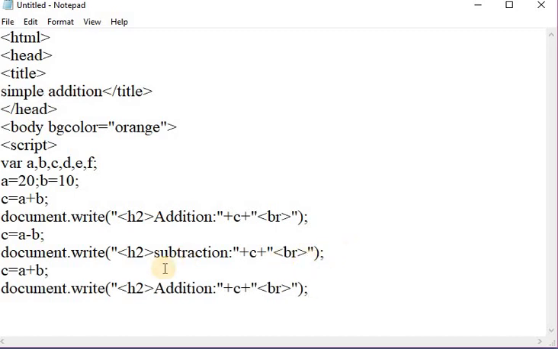Like this, we have to perform the multiplication and division operations.